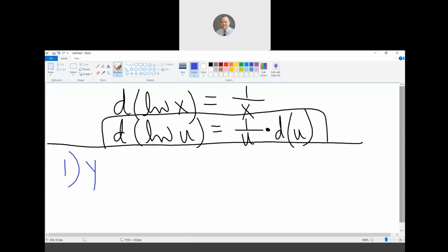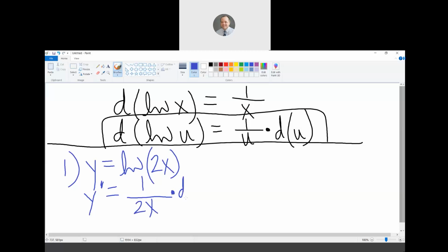We need to find the first derivative of the function y equal to natural log of, in parentheses, 2x. Now we use our second property that I just boxed in. Our first derivative, or y prime: when you take the derivative of natural log of whatever your function is, you automatically put 1 over your given function,